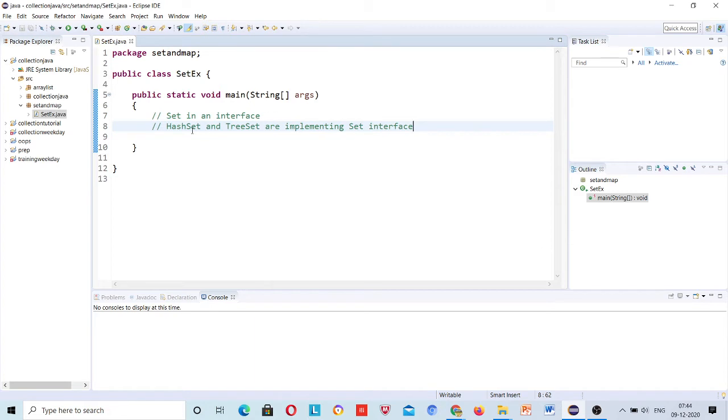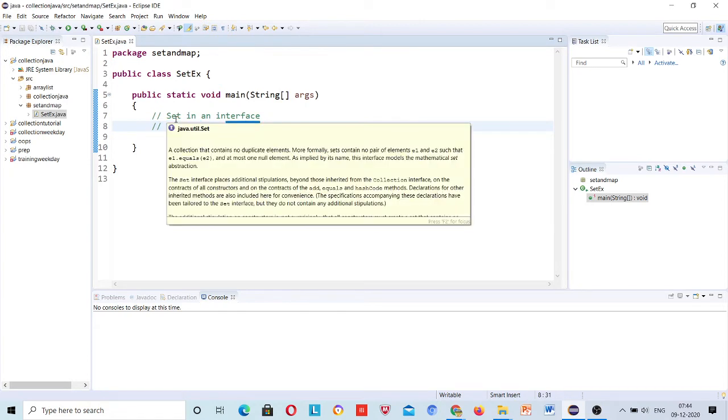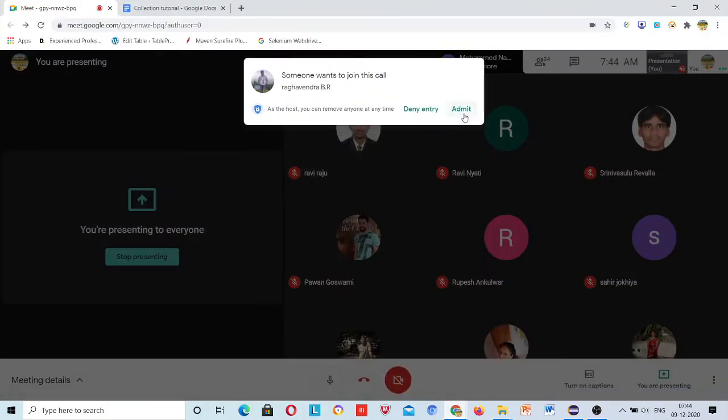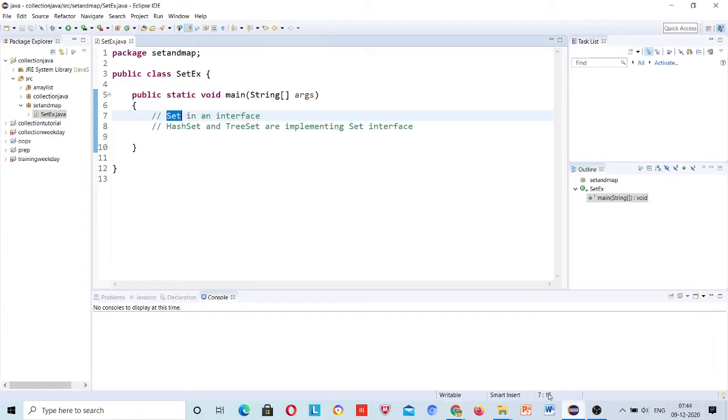Okay, now we will see today what is the difference between HashSet and TreeSet. Okay, what is the difference between set and of course array list, right? So we will see all this. But first let me write a program for set and then we'll understand the difference between array list and set.